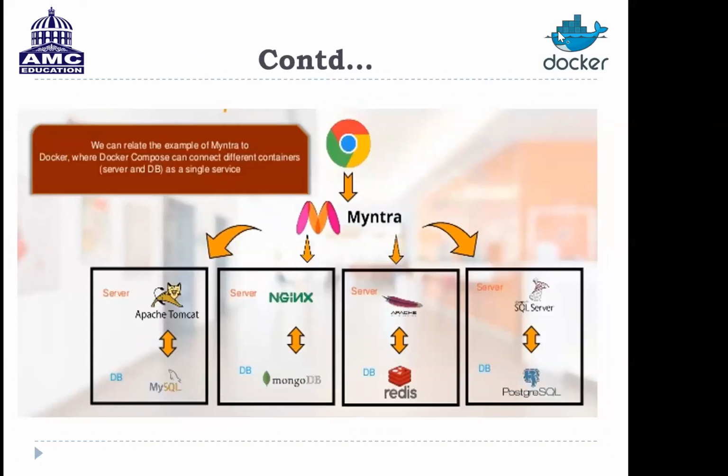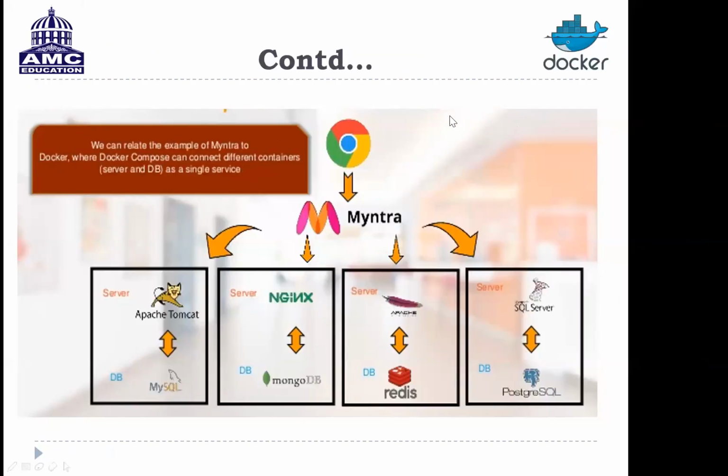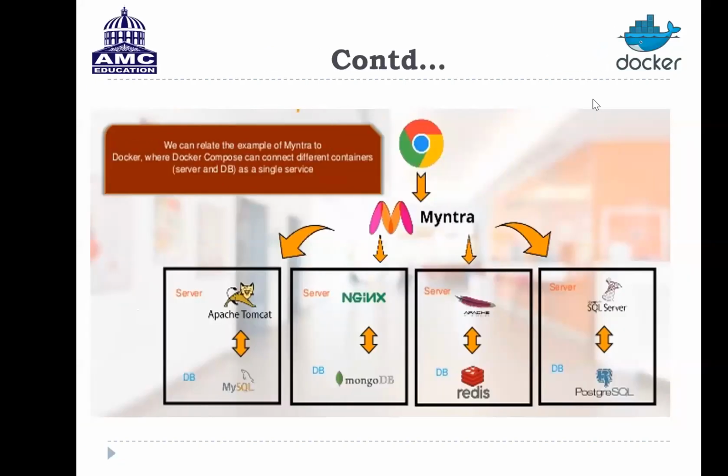Now this Docker will help you with deployment, for shipping your images from one platform to another platform. And this Docker Compose will combine all your containers together, your multi-containers, and it is going to send them from one platform to another platform, and you can see your output as a single service. Myntra is provided as a single service, but all these things are running from your Amazon website.